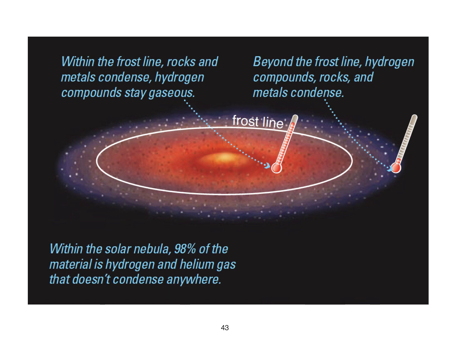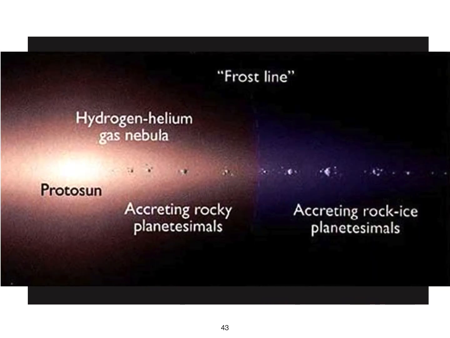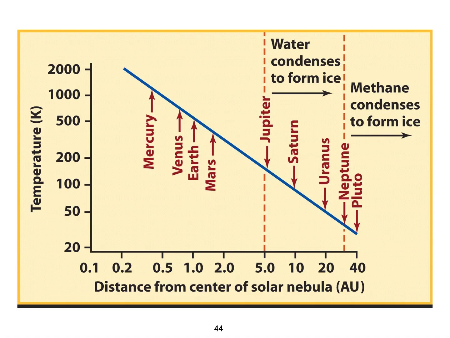Things like water and ice basically came in later from things that were beyond the frost line and then made it in close to the sun. So essentially, this is what it looks like inside and outside the frost line, where rocky planetesimals can accrete and form terrestrial planets close to the sun, whereas beyond the frost line, it's mostly rock and ice combinations. Okay? And so, like I said, here's the 5 AU boundary, where we think roughly this frost line is,